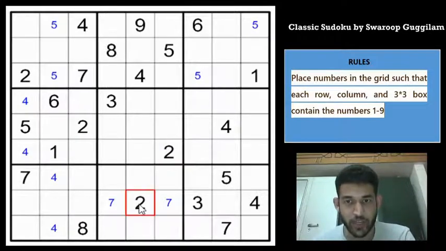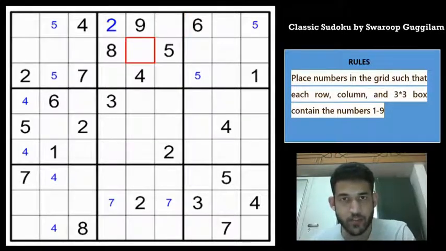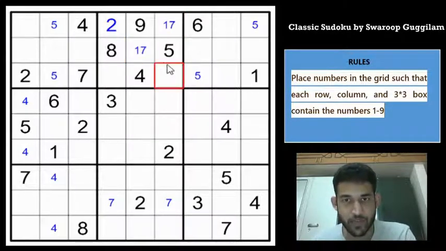Okay, we have a 2 here, and then 2 in row 3, which means that 2 in box 2 has to be here. There is no other possible option. We have placed 2, 4, 8, 5 and 9 in box 2. Remaining digits are 1, 3, 6 and 7, but 1 and 7 cannot be in row 3, which means that we can lock a pair 1, 7 into these two cells, right? And these two cells must be 3, 6. But 3 is here, which means that this must be a 6 and this must be a 3.